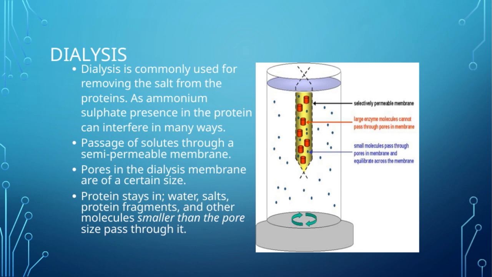Now, the key idea here is that dialysis involves the passage of solutes through a semi-permeable membrane. Think of this membrane as a filter that allows smaller molecules to pass through, while larger ones, like the proteins themselves, stay behind. The pores in the dialysis membrane are of a specific size, which determines what can and can't